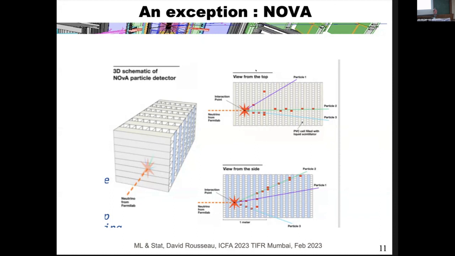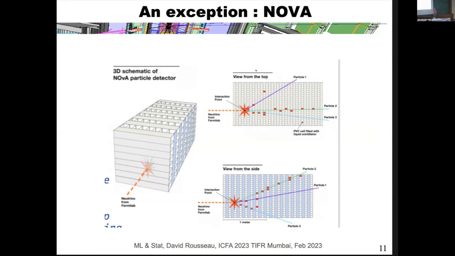The detector is such that what is measured are the projections of what is happening inside the detector. There's a measurement of the projection on one direction and the other direction. It's the detector itself which does the projection. So there is some loss of the full 3D information, but it's already at the detector level. So when analyzing this data, this projection is all the data which is there.